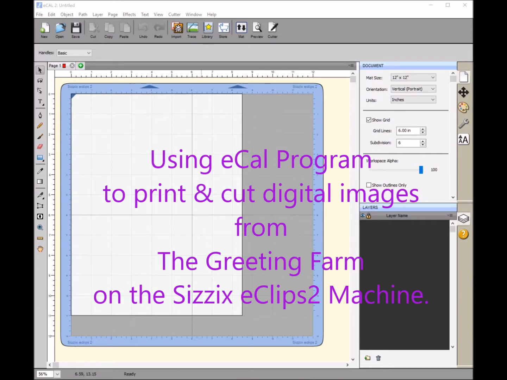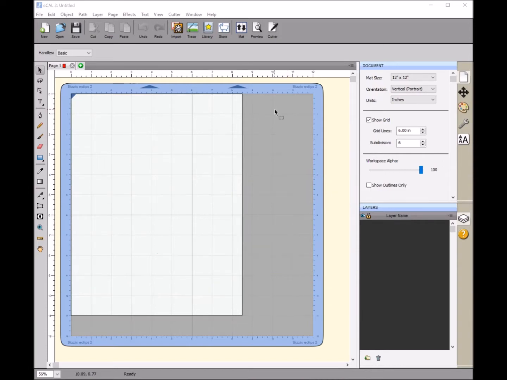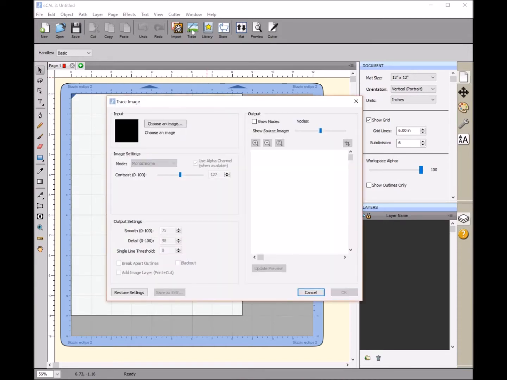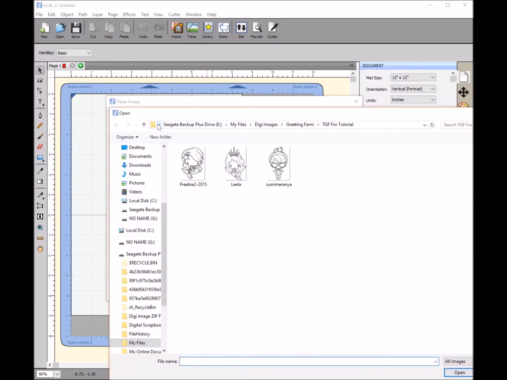Now, what I want to do is bring the image into the program. I'm going to select the trace image, and this box will pop up. I'm going to select choose an image, and the file where my greeting farm images are located pops up. I'm going to select Summer Anya,